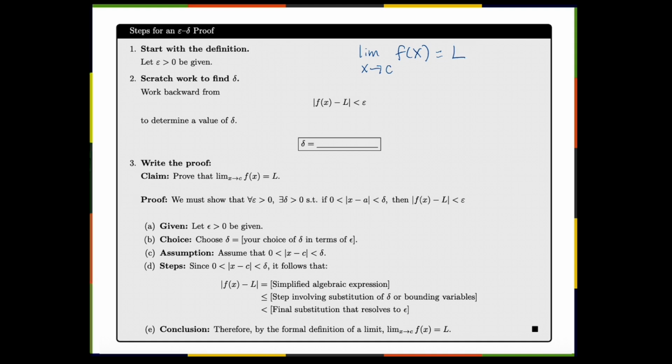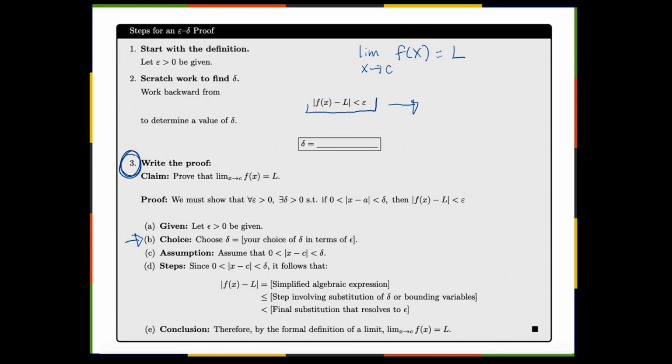So the first part is not part of the proof yet, but it's prepping for the proof. Steps 1 and 2 are doing prep work. Step 3 is when we actually write the proof. So for step 1, we're going to let epsilon be greater than 0. And then we're going to do some scratch work to find our delta, because, as you notice in step B underneath step 3, when we're writing our proof, we need to know what the delta is. So we start with our function minus the limit in absolute value is less than epsilon,